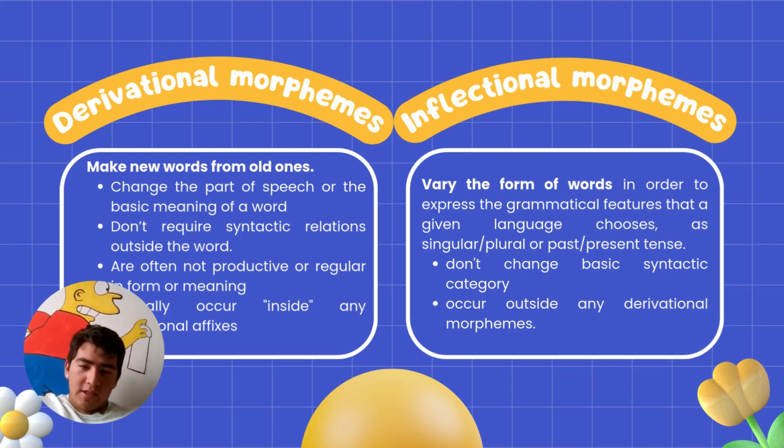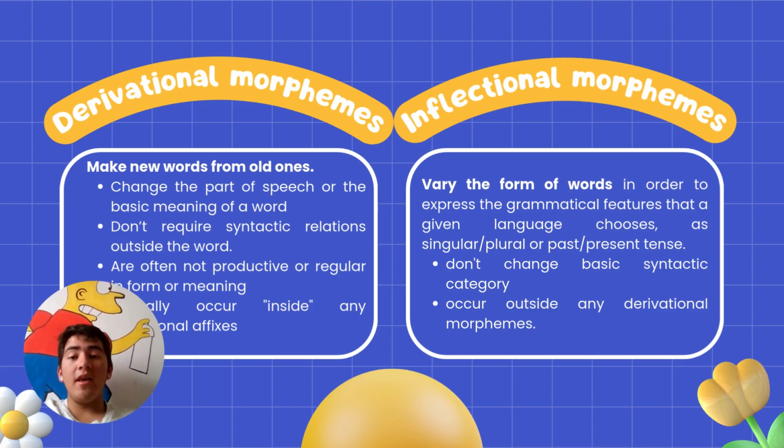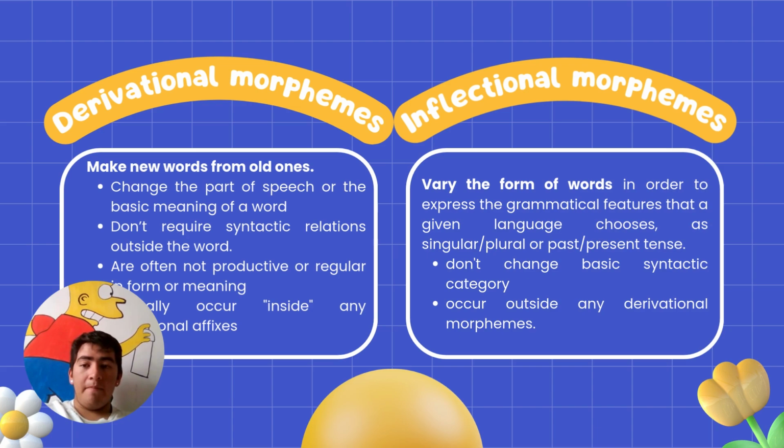And to finish this theme, we are going to talk about inflectional morphemes, which vary the form of words in order to express the grammatical features that a given language chooses, such as singular, plural, or past and present tense. They don't change the basic syntactic category and express grammatically required features or indicate relations between different words in the sentence. They occur outside any derivational morphemes: s for plural, ed for past. For example, worked with ed, works with s, or